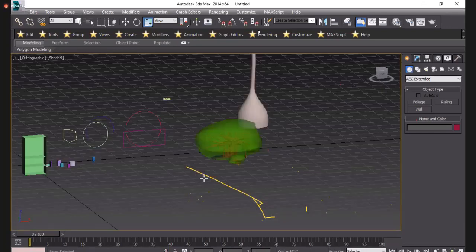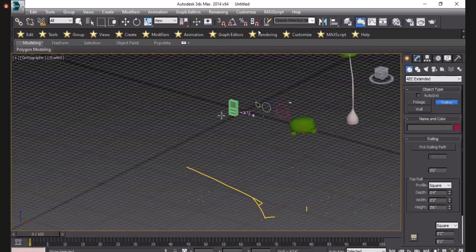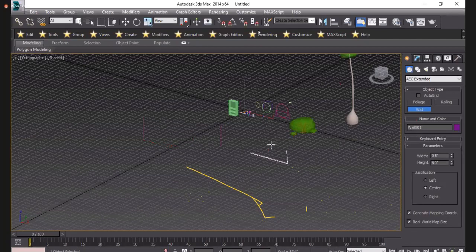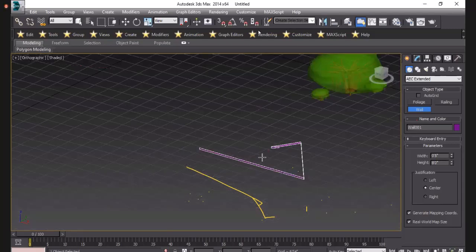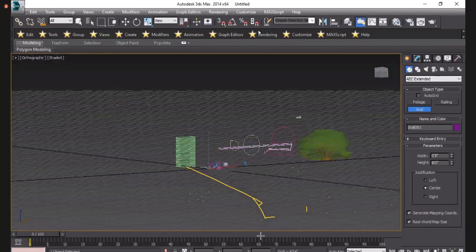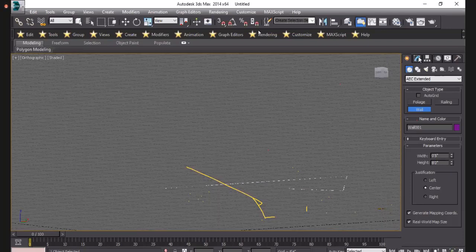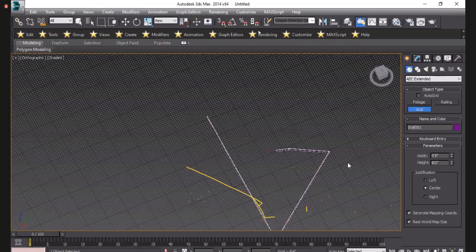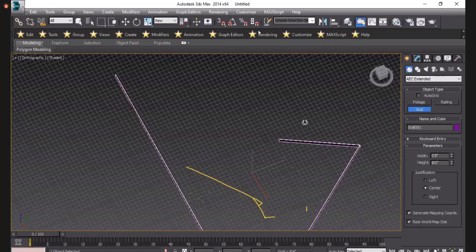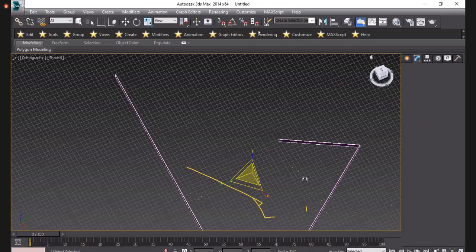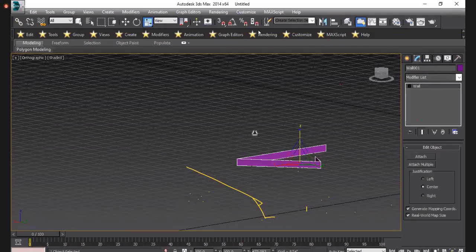Then the second one is railing here. Then the third one is wall. This is the ready-made wall for easy purposes. Just simply select it and use it as you want.